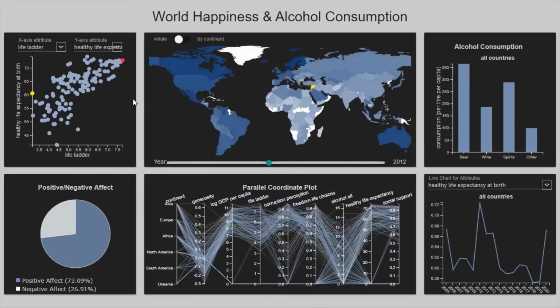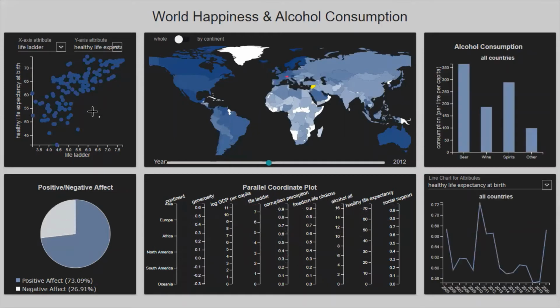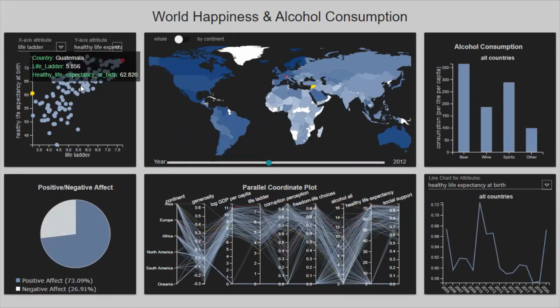The scatter plot here on the top left shows points of each country with respect to the attributes for the X and Y axes. And we added a brushing and linking feature so that when it is brushed the other plots are updated. Also, if the mouse hovers over any one point, the plot shows the tooltip with the name of that country and its X and Y values.